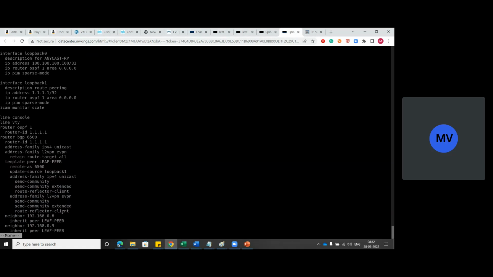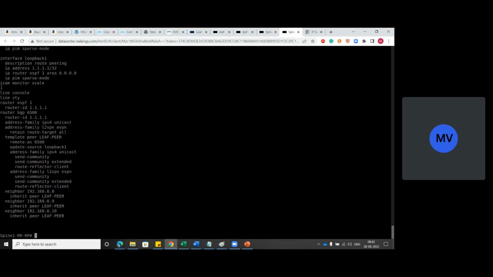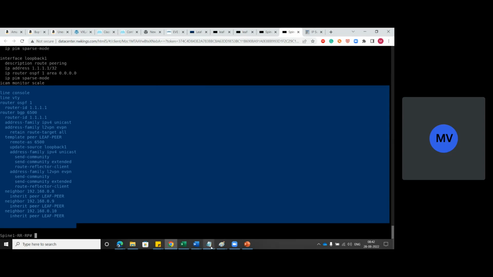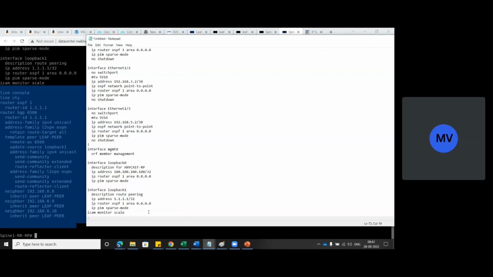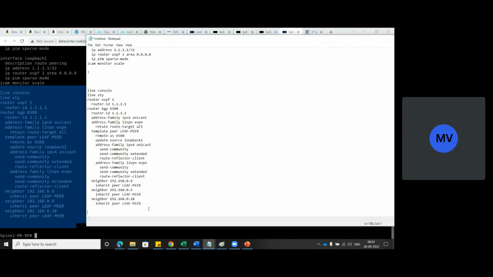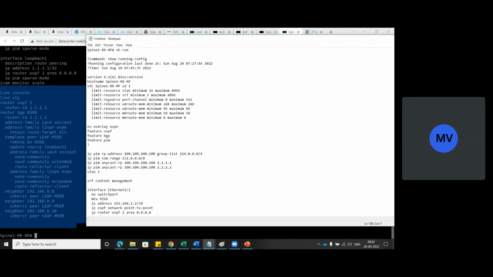Done. And we have BGP configuration. That's it. So the spine switch will not have any kind of VXLAN configuration. Make sure that before enabling any kind of configuration, you have to enable the feature first. Then you can run any other command. If you're not enabling the feature,